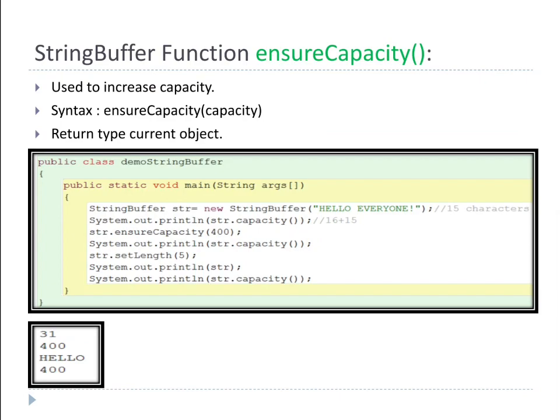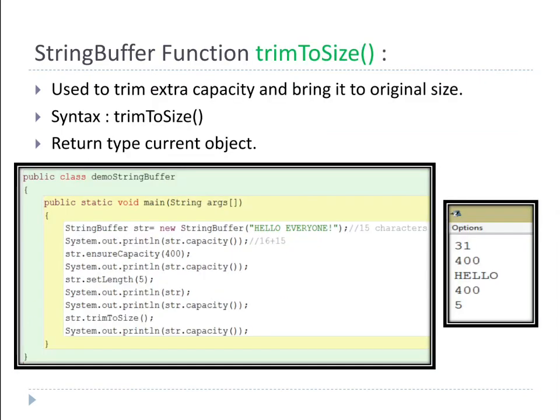But still the capacity is 400. See, I provide you str.capacity. Capacity remains the same, but length removes characters. Then the next one: because of ensureCapacity, the remaining spaces are a waste of memory. For utilizing that space, we want to trim it.